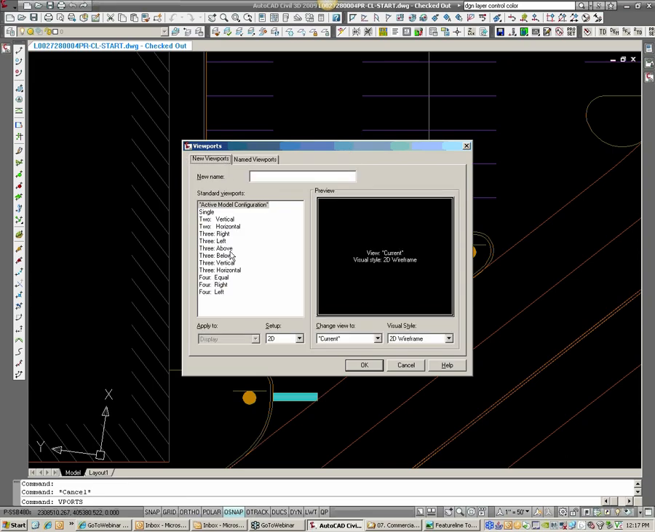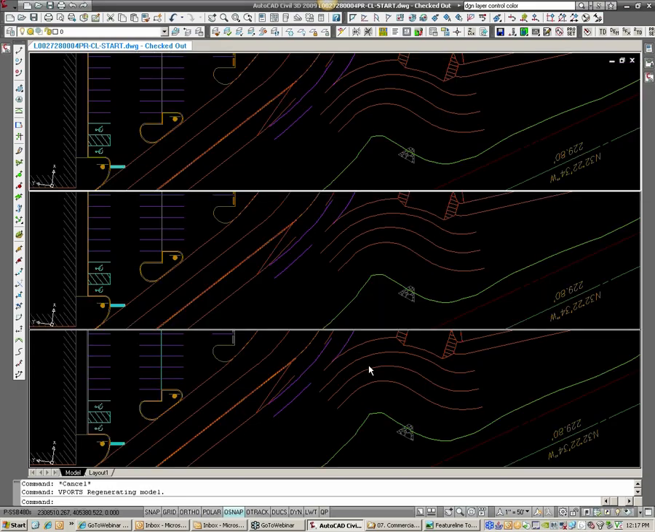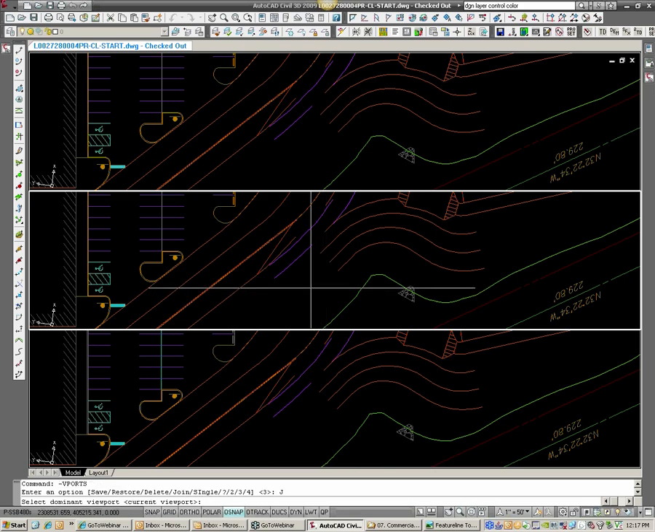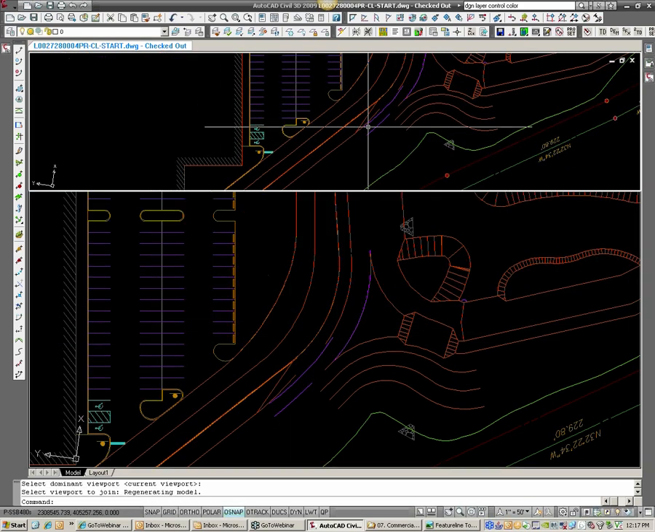So to do that, I can go ahead and type in the vports, plural, command. I'm going to split my view into 3, so it's going to split my model space into 3 views. I'm going to do dash vports, hit J for join the bottom 2, and then I'm going to do ddvpoint, not plural,